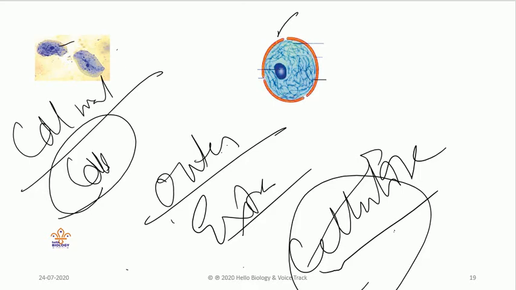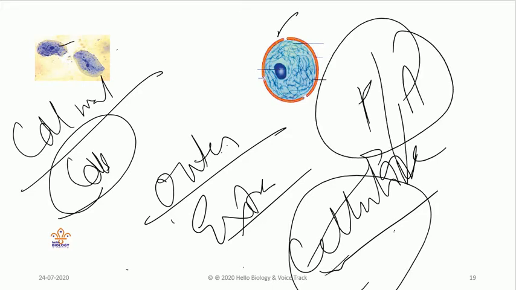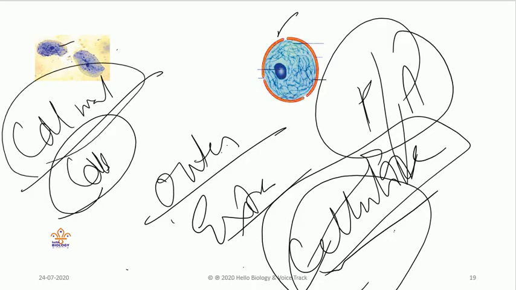This is considered one of the major differences between the plant cell and the animal cell. Understood? Because of the presence of cellulose only, and we don't have any cellulose in animal cells, only plant cells will have cellulose. Why? They have a cell wall. So that's how cell wall is different from cell membrane.